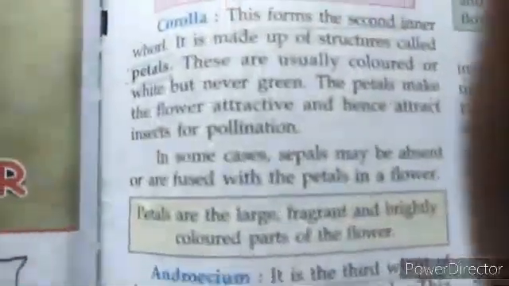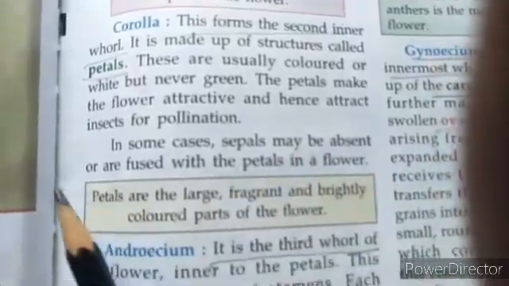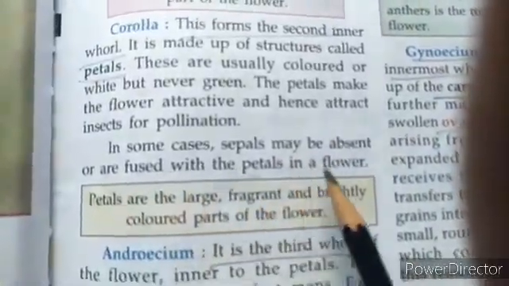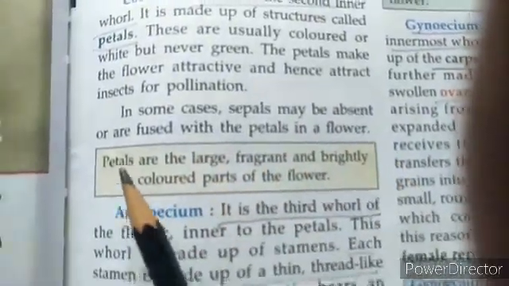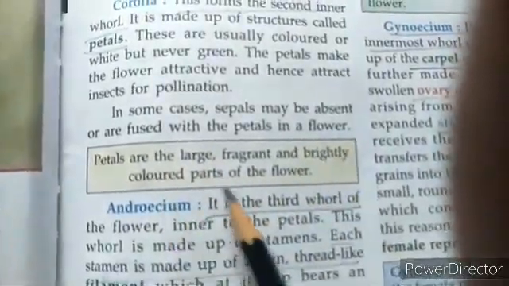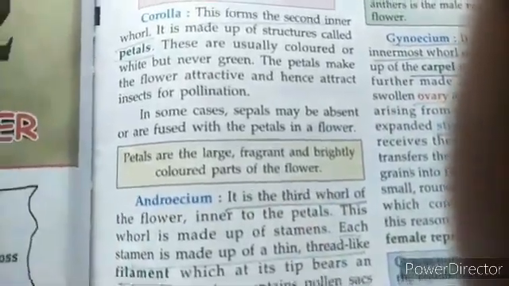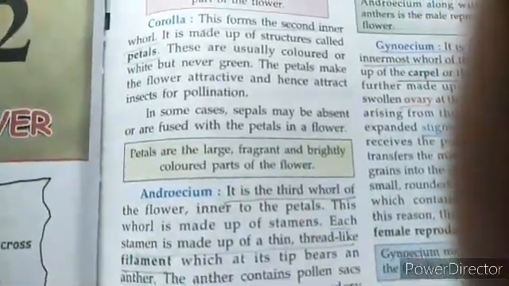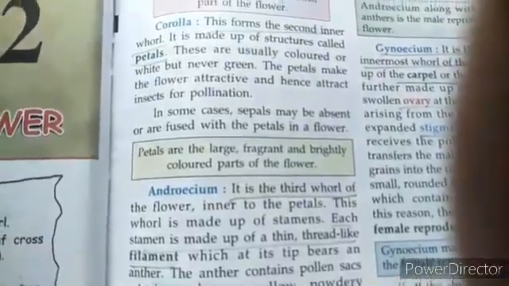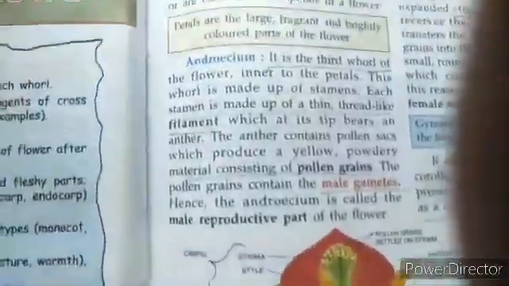Then we go further. In some cases, sepals may be absent or are fused with the petals in a flower. Petals are large, fragrant, and brightly colored parts of the flowers. So when we find that the flowers are beautiful and colored and fragrant, it is because of the petals that we see. Now we come to the next part, known as